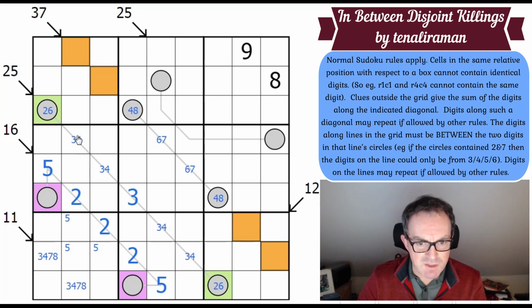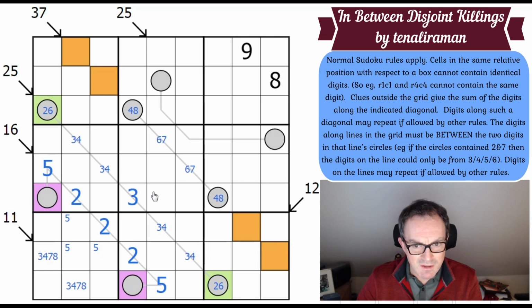In fact, it's just forced, isn't it? If I can't put 2, 3 and 4 in the reds, the minimum I can put into each one is 1 and 5, which means the absolute minimum I can make these add up to is 12, and that's what I have to get to, because I cannot keep this any lower. So I've got no degrees of freedom in my 12. I cannot increase this anymore because I cannot make these smaller. That is absolutely extraordinary. So this 37 diagonal is actually forced as a result of the